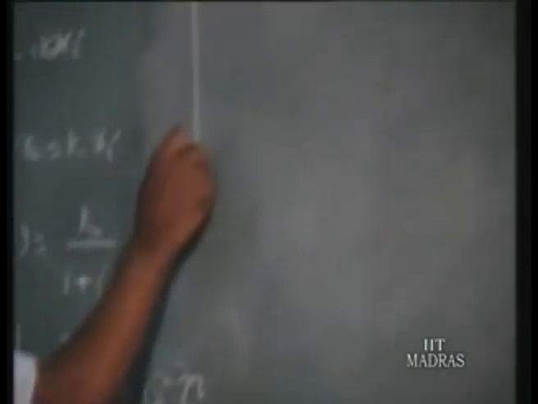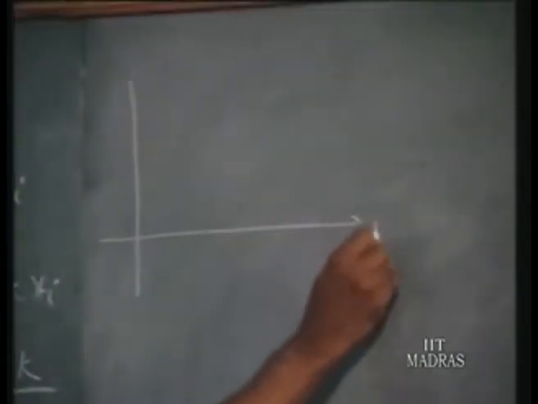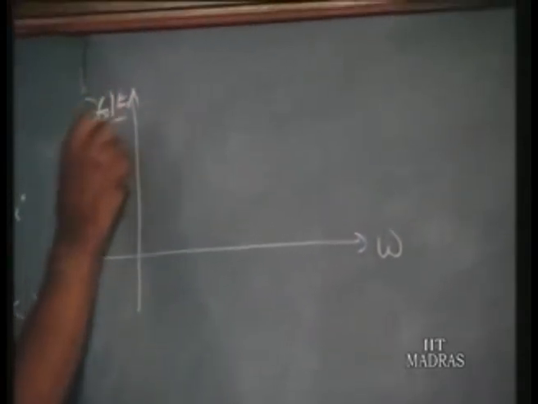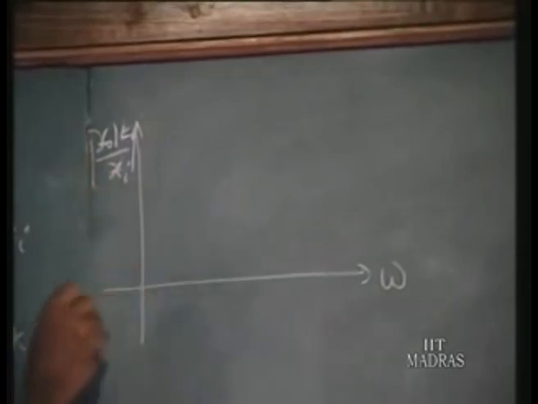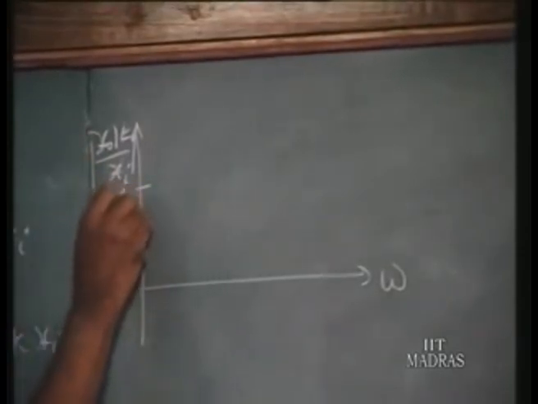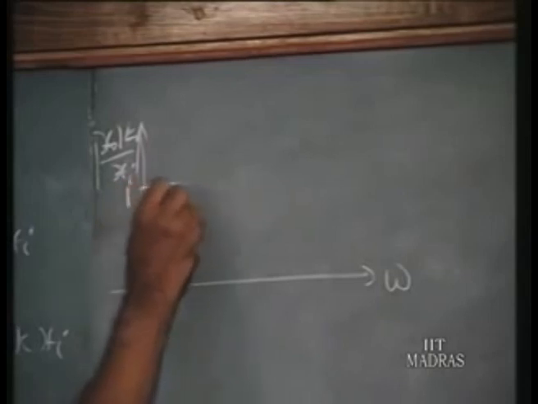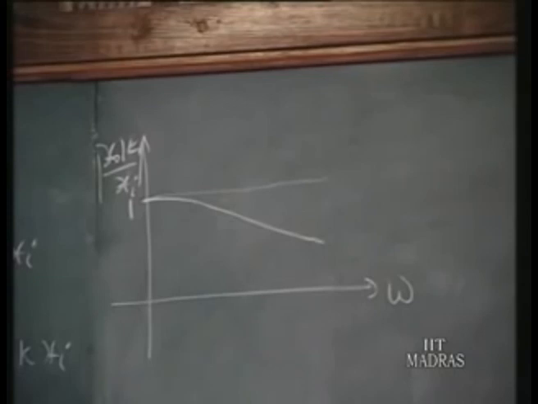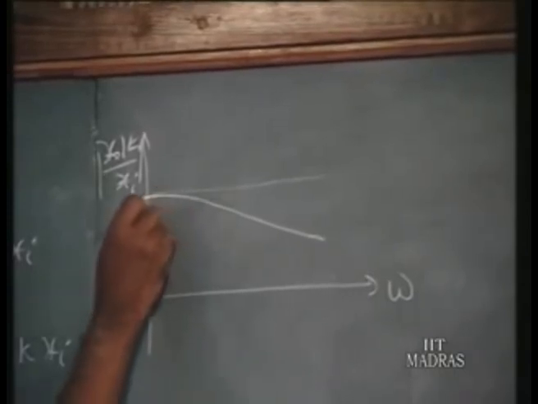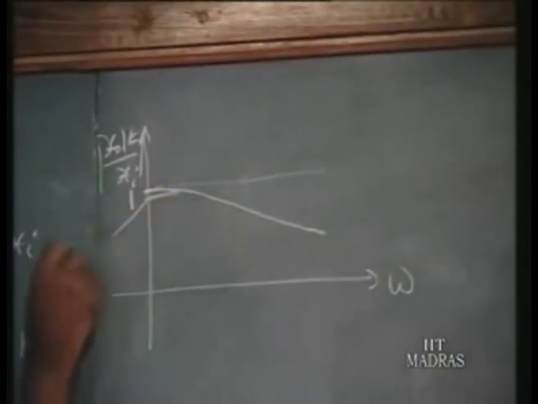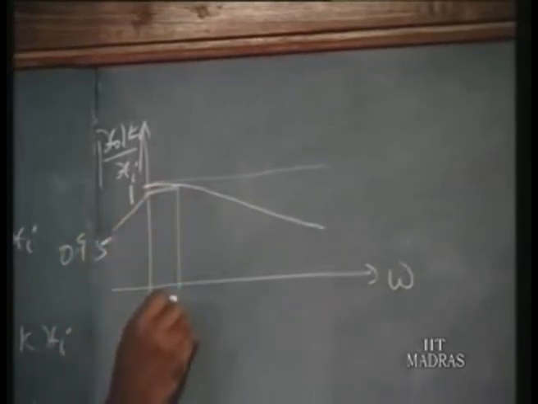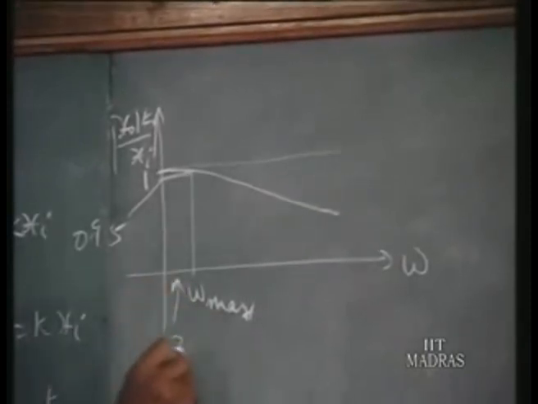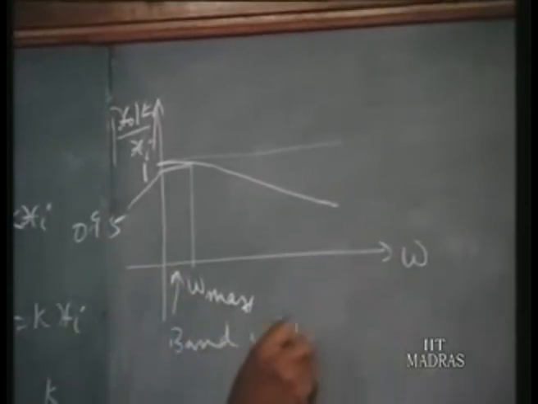Now if you plot the frequency response, with omega, the frequency, on the x axis and xo by k xi magnitude on the y axis, it is supposed to be 1 always, but as omega increases it droops down. This is one, the ideal value. If the error can be 5%, this may be 0.95. So what is the omega maximum? That is how the bandwidth is fixed for an instrument. This is the bandwidth of the instrument.